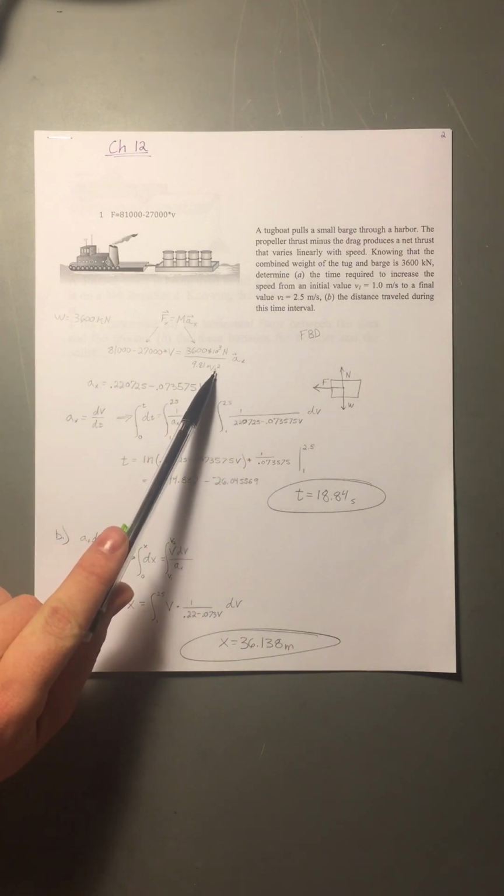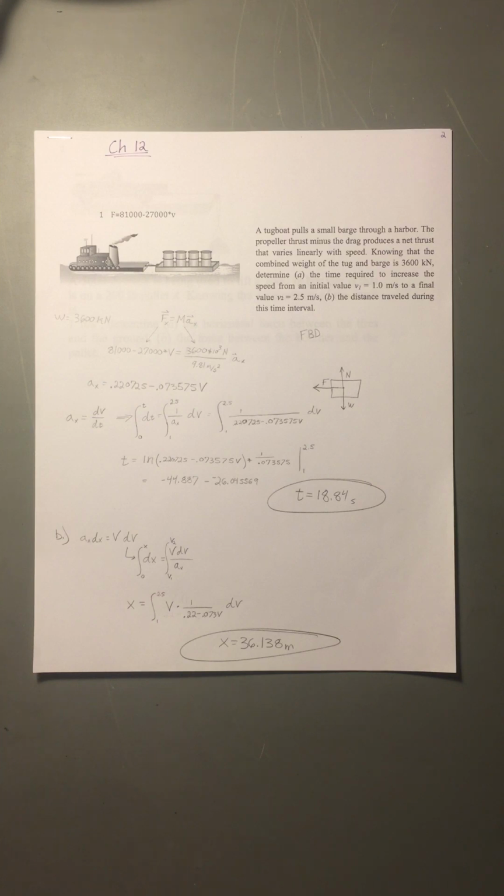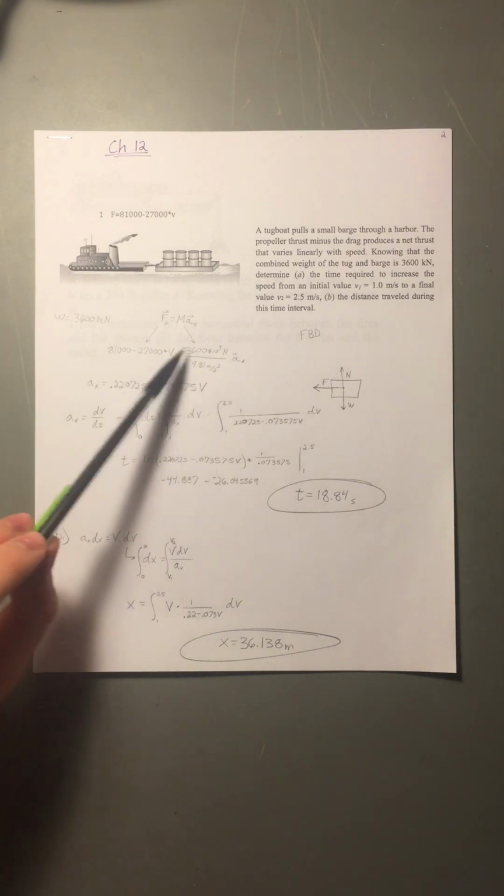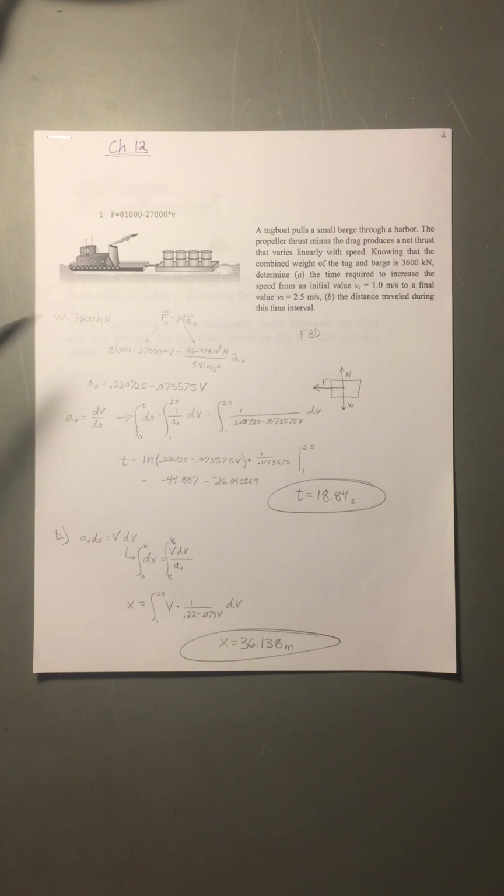And then on the other side of the equation here, we're given the weight. And so to change from weight to mass, we can divide by our gravity. And so that gives us the mass for this problem, and then that's times acceleration. And so we can take this equation and solve it for acceleration, and that's what I have here with these